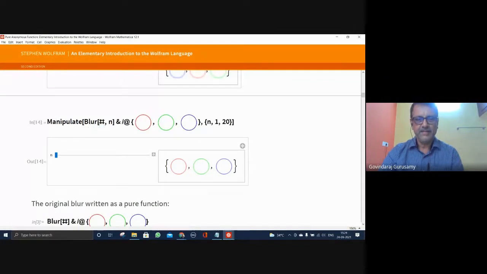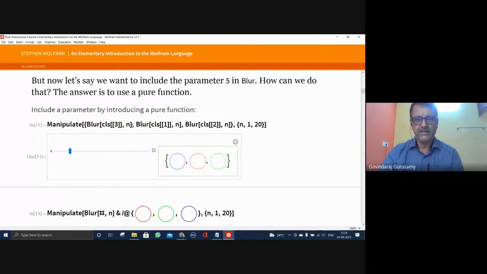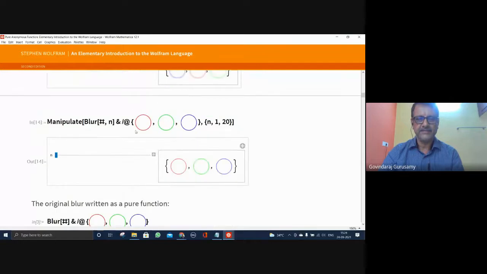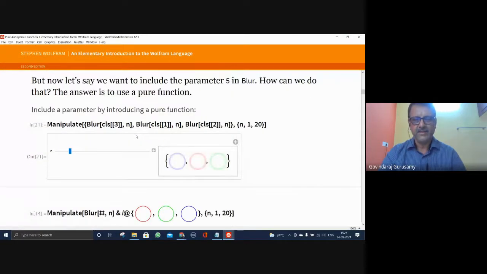Do the same for each one of the elements in the list. For that we make a pure function. This is a replacement of this by this. That's the meaning of that. I hope you are understanding the power of this, because at a time, this element in the list and this element in the list are being evaluated simultaneously, whereas here each is taken independently.